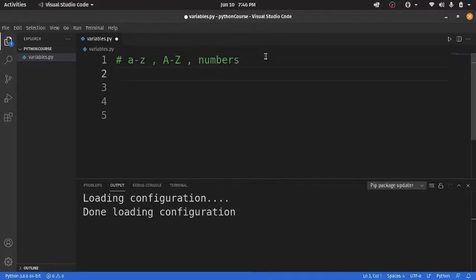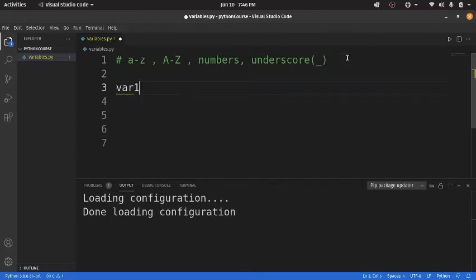numbers. One rule is that your variable name cannot start with a number, and also you can use underscore. Let's see what I'm talking about.